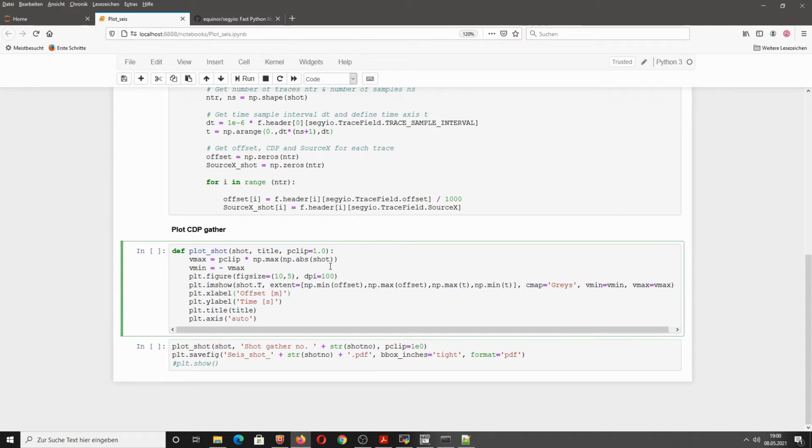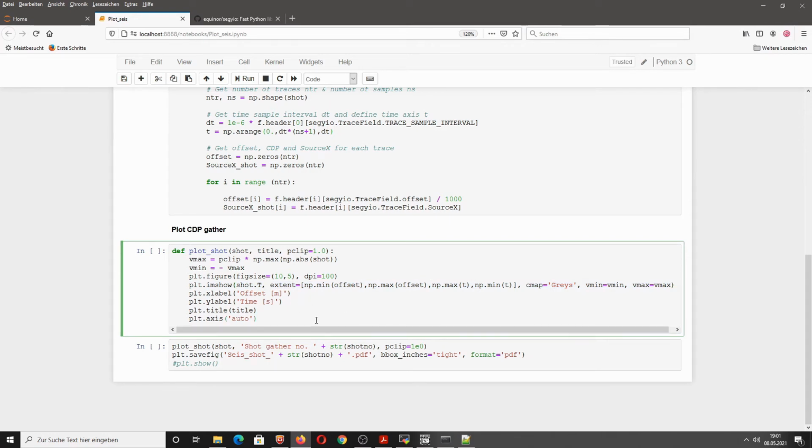You define a clipping value, which is simply a fraction of the maximum absolute amplitude of the shot gather. Vmax is the positive value and Vmin is the negative value, so that it is centered around 0 correctly. And with imshow you simply plot the seismograms.